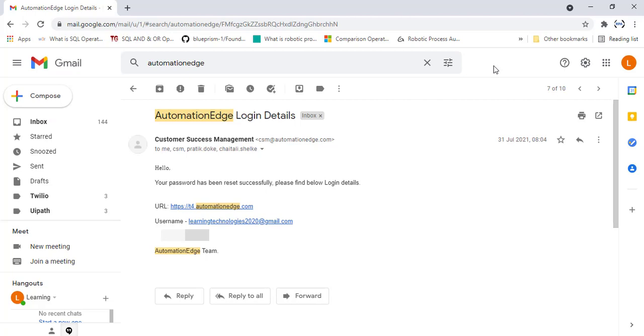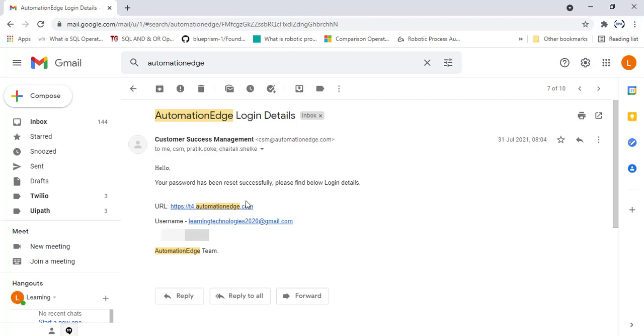Once you click on submit, you will get an email with the Automation Edge login details, from customer success management, csm@automationedge.com. There you will get the URL and the username.